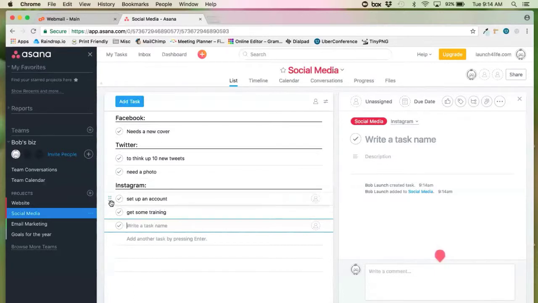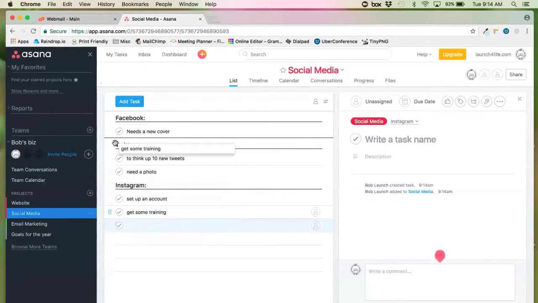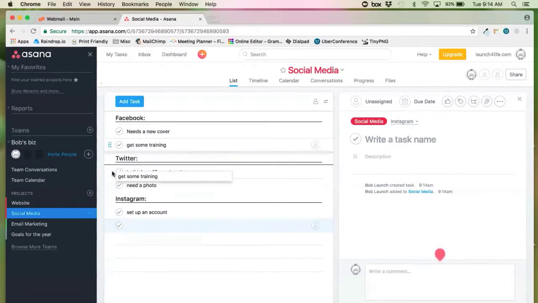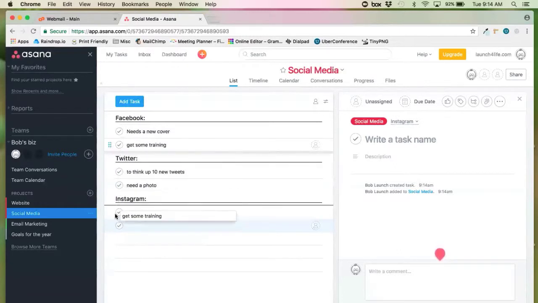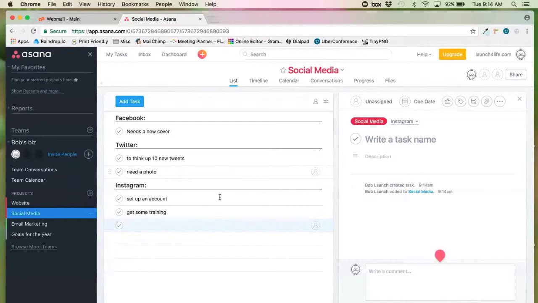And it's nice too, because you might say, oh, okay, actually, I don't need training in Instagram. I need training in Facebook. These can just easily be dragged and dropped from each section. So this is just a nicer way to organize everything. So those are an idea of how to have your tasks. And again, you can write more information, the description here for each task. So here it needs a cover. So you could say,